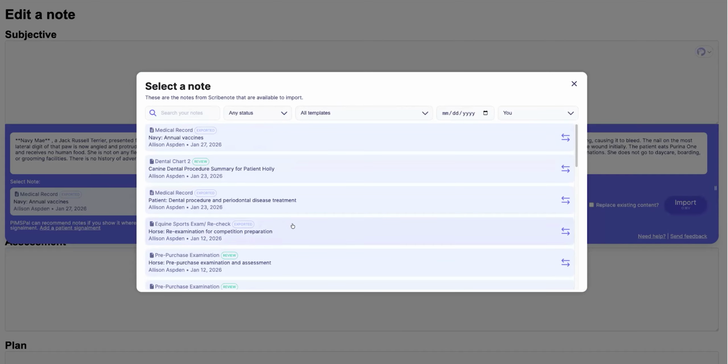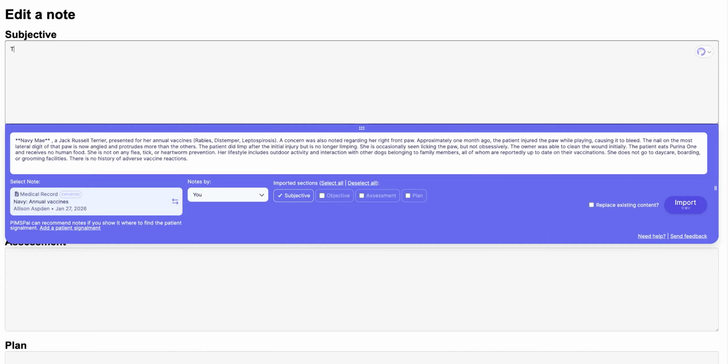However, one important thing to mention is I know a very common workflow in our vet hospitals is that you have your technicians go into the room and maybe they're taking notes in these sections before you get into the room and you're writing any notes. So if you do have notes here, we'll put in just a quick TPR. We'll say, I don't know, 100,